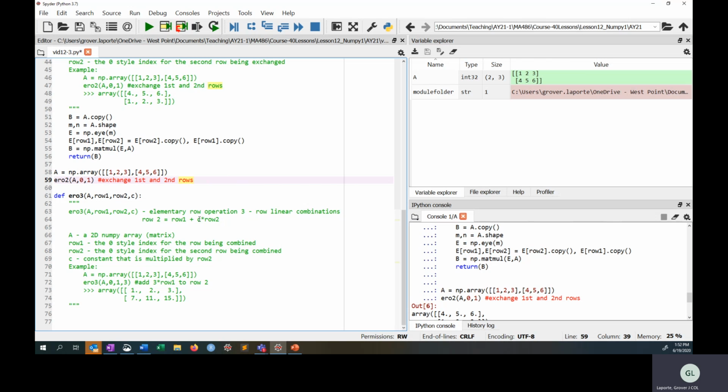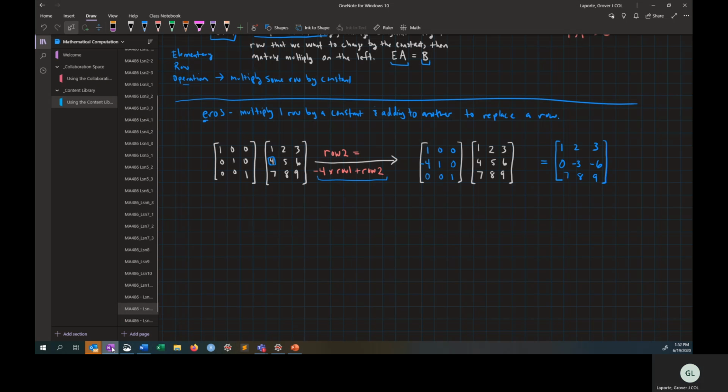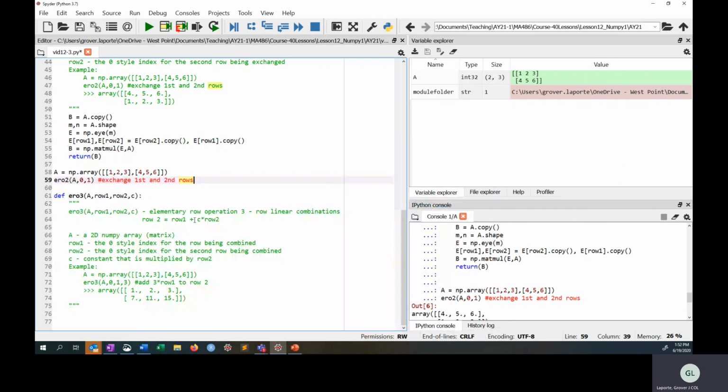And I'm taking C times row 2. Yeah, I want to change that around. That's really what I want to do. All right, so if you put row 1 in, row 2,